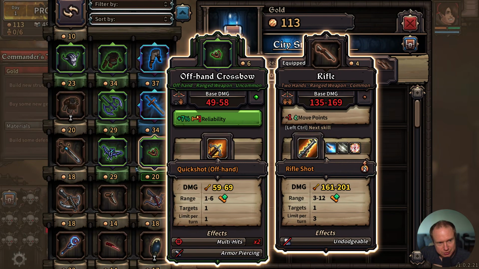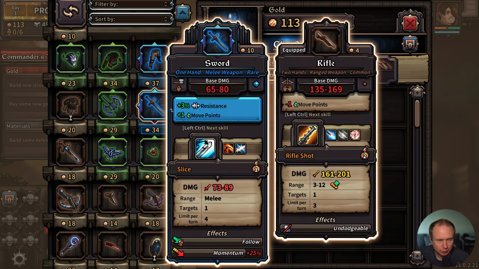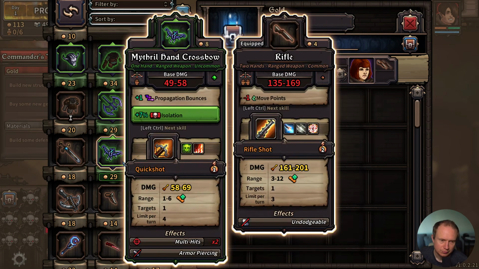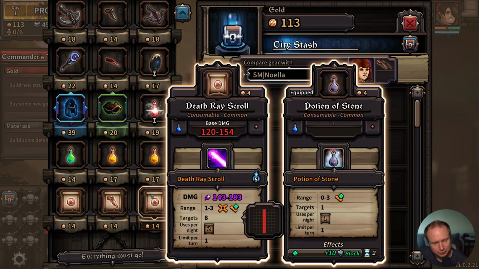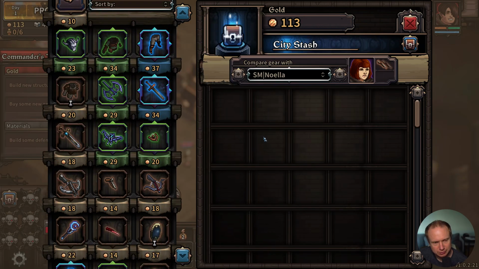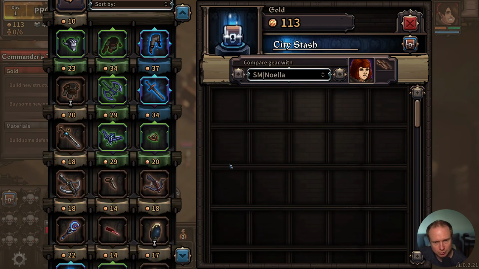Pretty much all of this is not what I'm looking for. The Mithril hand crossbow for a poison hero isn't terrible because it has the propagation bounces on it, so that's nice. So if we pick up some bees, it's pretty good, but we probably take the silver sword because we're going for a bodybuilder momentum hero. So I think that means...